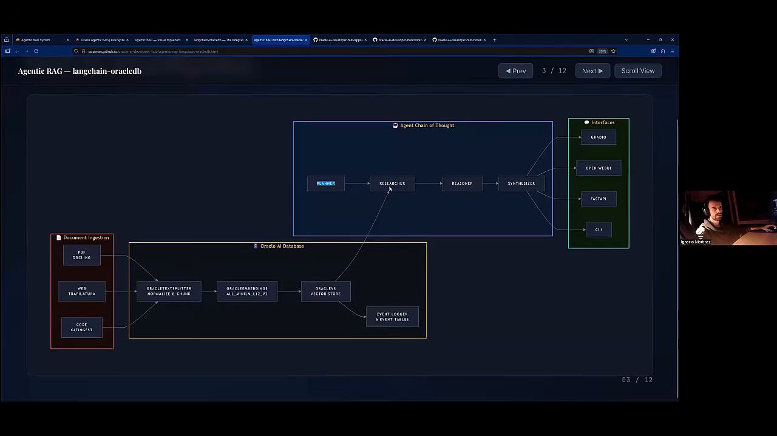The researcher has automatic access to vector stores, so it is the LLM agent that does the vector similarity search and re-ranking against whatever you already have in your data. Then the reasoner will interpret the results and combine the LLM thoughts from the planner with the vectors. And then the synthesizer will take all the output from the reasoner and essentially make a summary